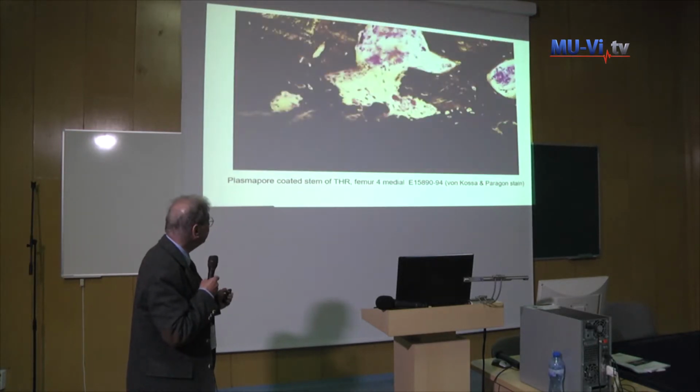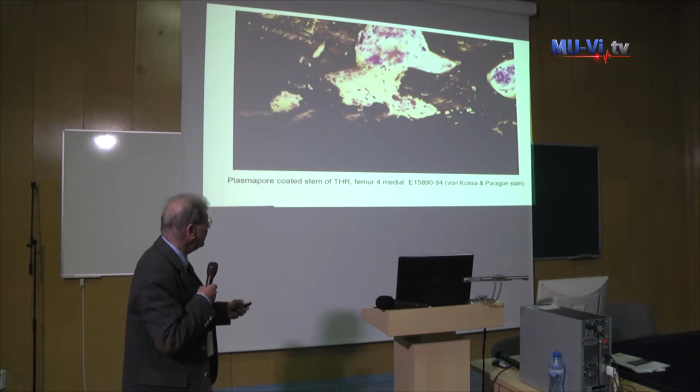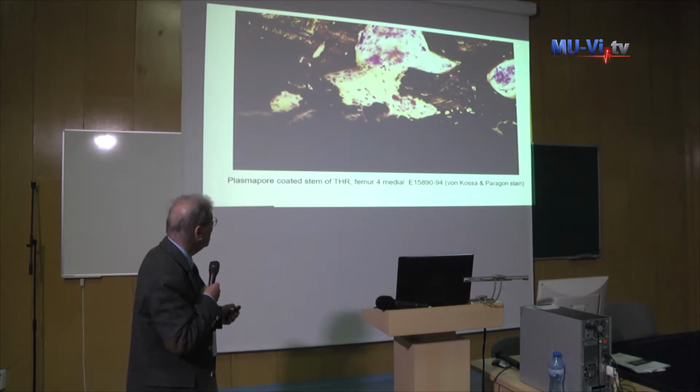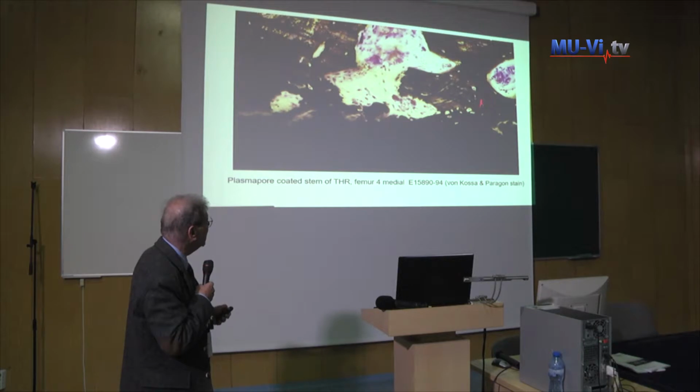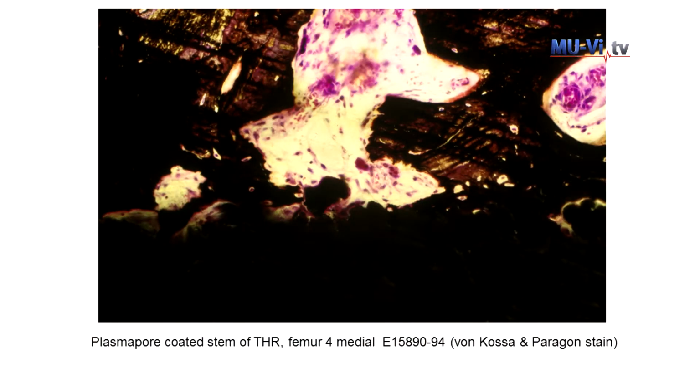And when we go to a higher magnification, with this von Kossa and Paragon stain, you see that in fact the newly established bone is mineralized in a regular way, and sitting here in contact to the surface of the titanium. On the other side, you see some multinuclear cells, macrophages, some fibroblasts, and these macrophages